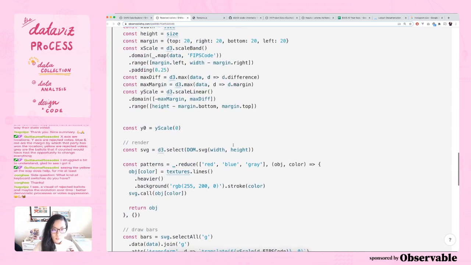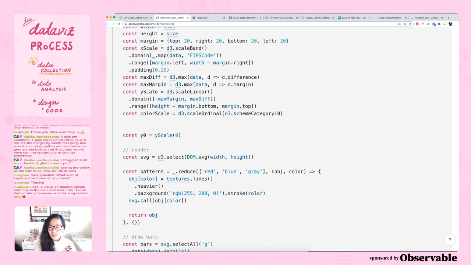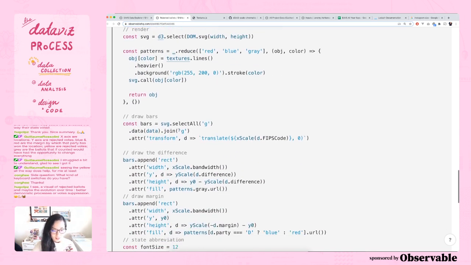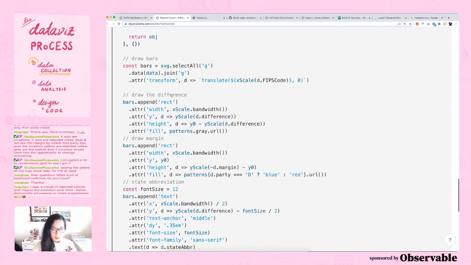Actually, let me bring the color scale back. Okay, this is the last thing I do, which is what I said. That's what I said the last thing I did. Yeah, this is actually going to be the last thing I do, I swear, I think. And then